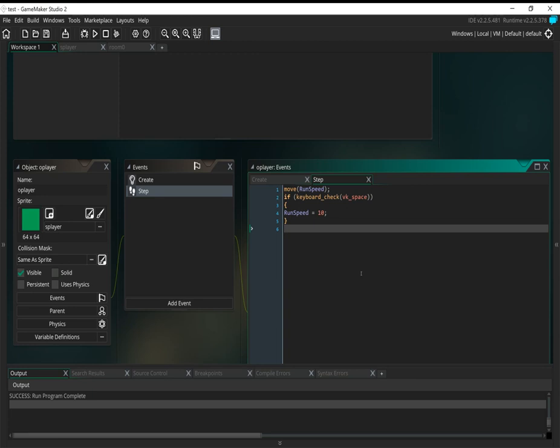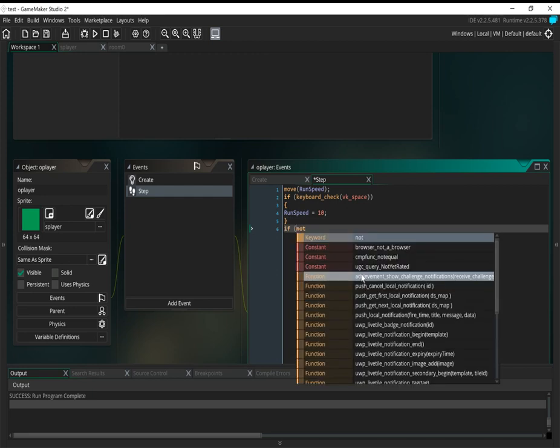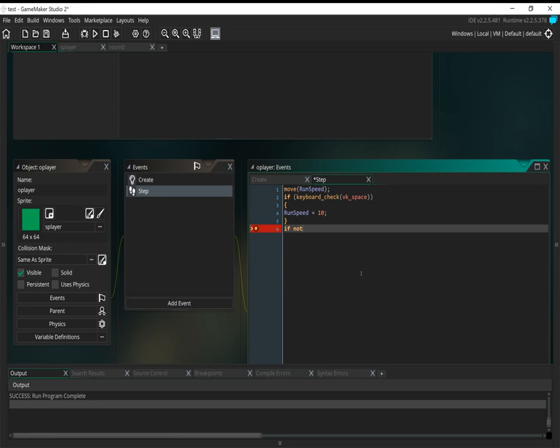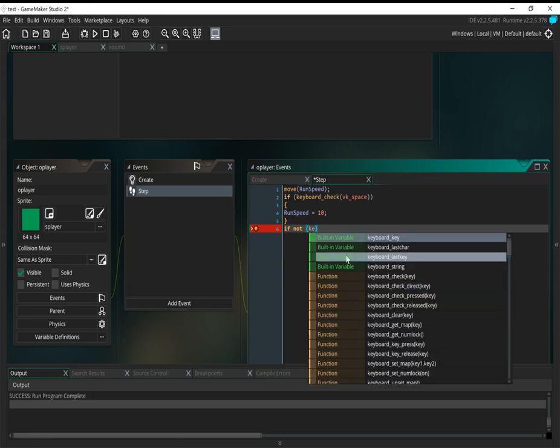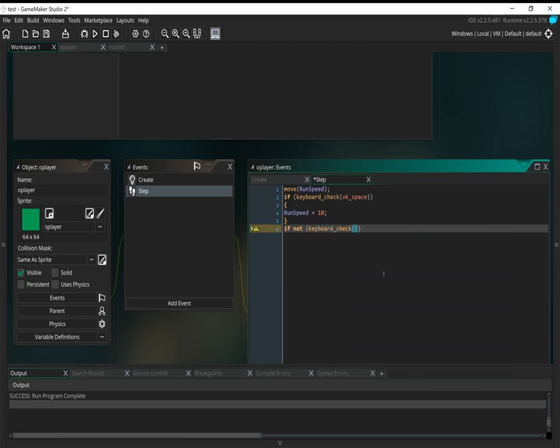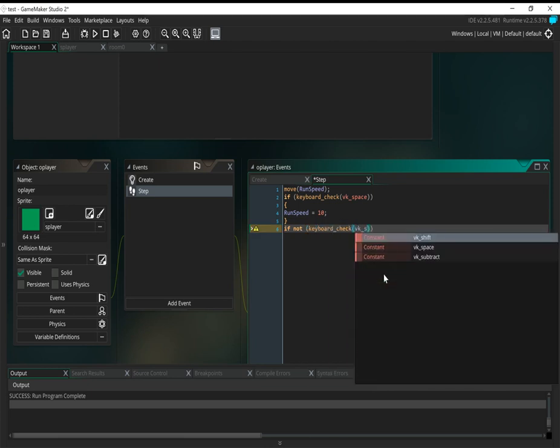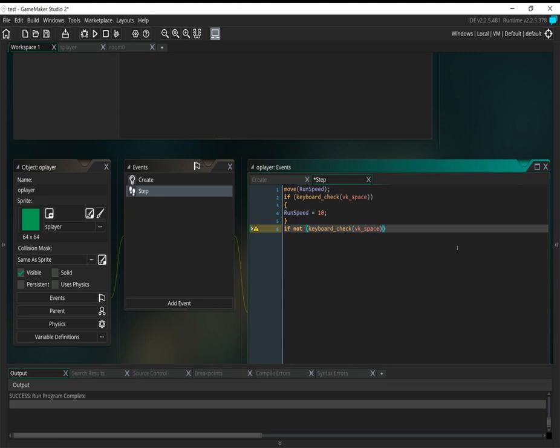But now we gotta do something else to make it so you're not always running. So we're gonna do if not keyboard check VK underscore space. Wait, what variable? Mistake there, huh? Then